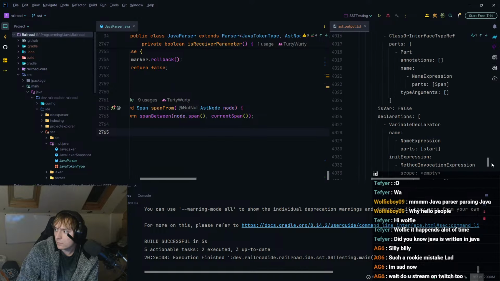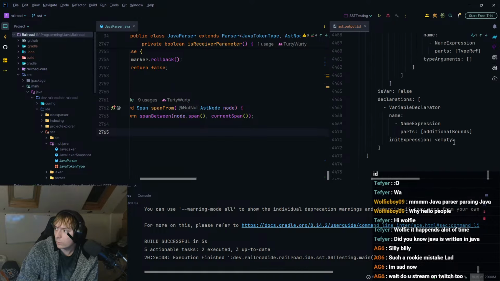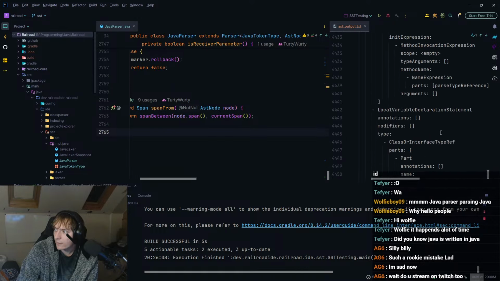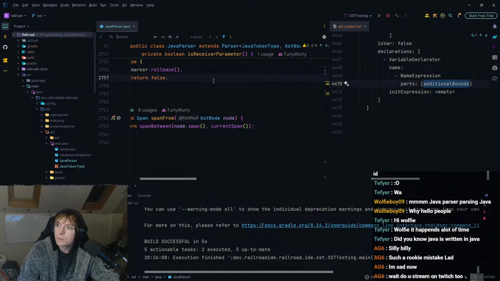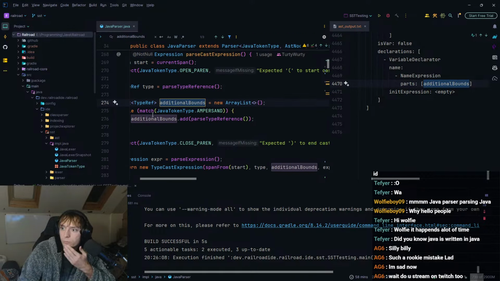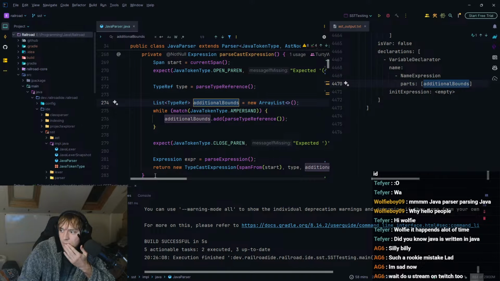Let's go to the end and just have a look what it thinks it's found at the end. So it's found additional bounds. So let's search in here for additional bounds. Okay, yeah, as suspected, it has only got to line 274.